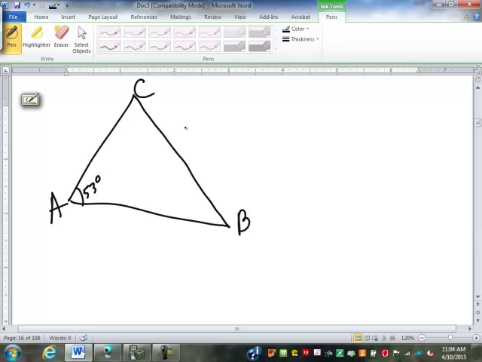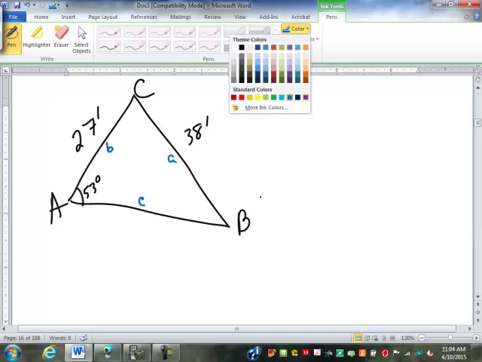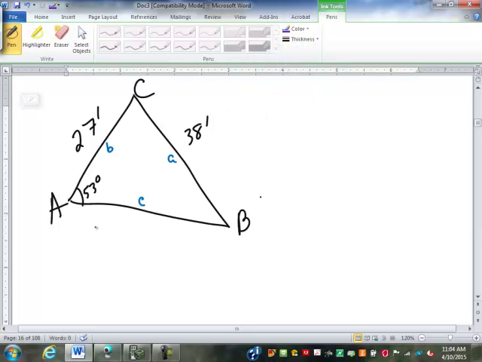We'll call this over here 38 feet and 27 feet. So of course this is A, B, and C for the sides. First question, do I have an angle and its opposite side? Sure do. So I have 38 over the sine of 53 degrees. Then I have 27 over the sine of